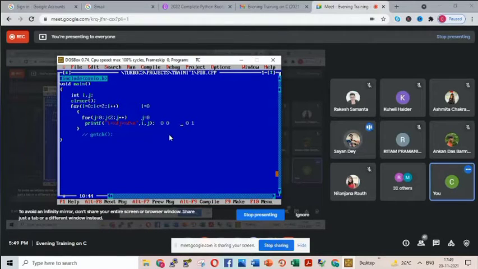Ma'am, in the second case... Yes, second, Shyam? Ma'am, please repeat, ma'am. Yes, obviously, Shreya. Okay. See, first output 0, 0 is clear, Shreya, Shayan? First output 0, 0 is clear?